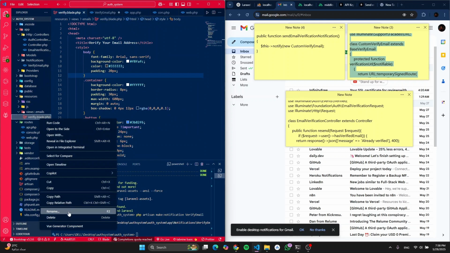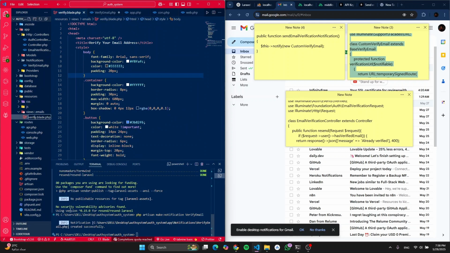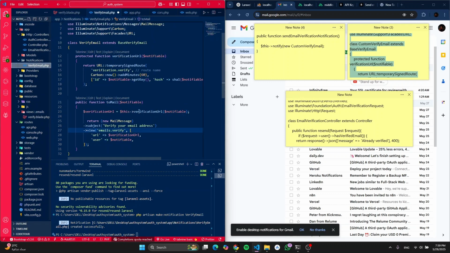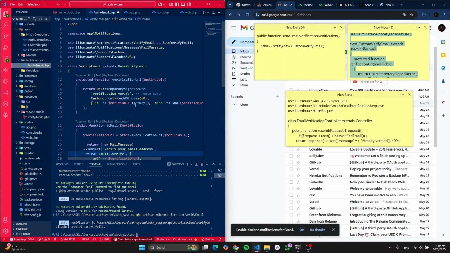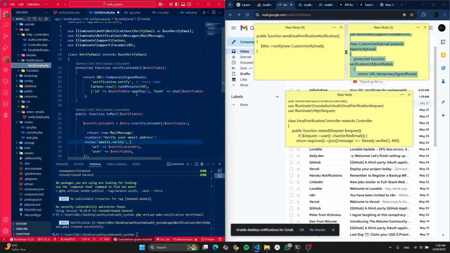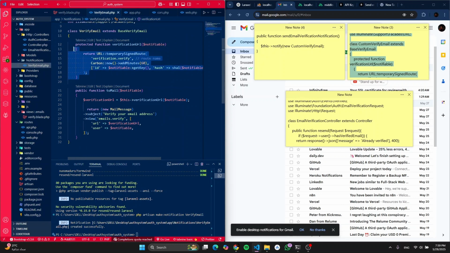Yeah, I forgot to do this. Cool. So now, basically this notification will, on sending the resend, create a route and then send those to the Blade that we just did. The last thing, we have to actually override the default